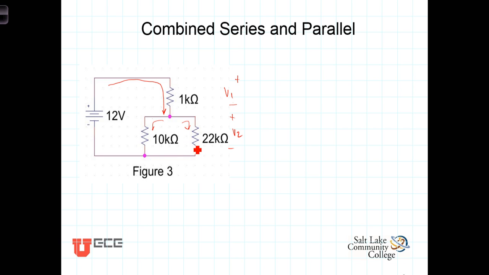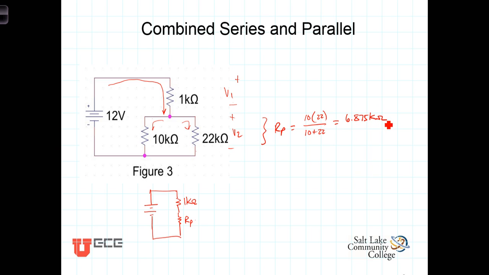In other words, we want to combine those two so that we will have then, at least for analysis purposes, our 1 kilo ohm resistor in series with the parallel equivalent, let's call it R sub P, where R sub P is the parallel combination. From our previous videos, we know that the parallel combination is equal to 10 times 22K divided by 10 plus 22 kilo ohms. And the combination of those then is equal to